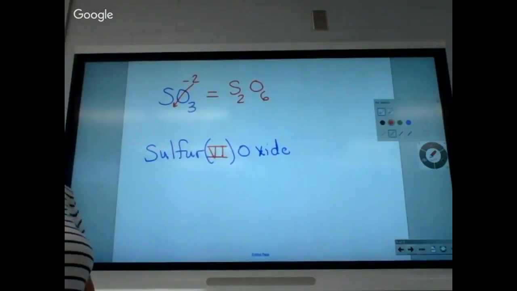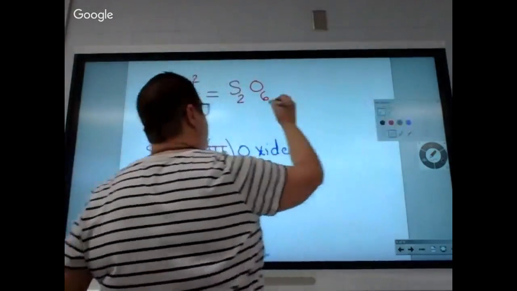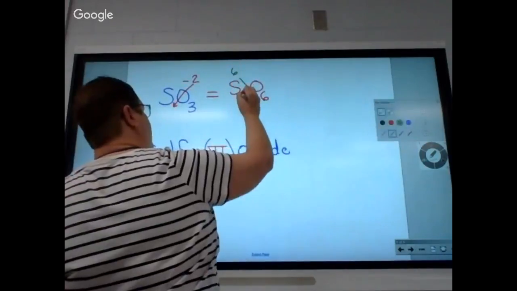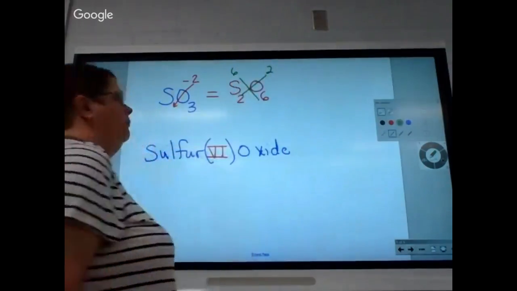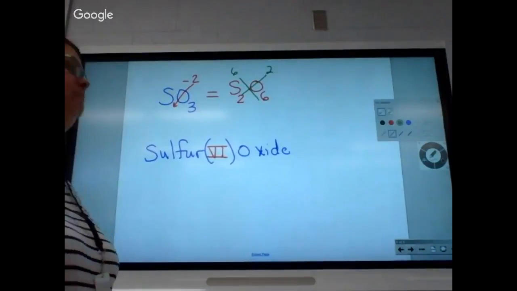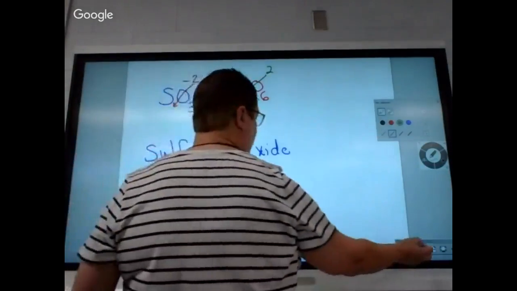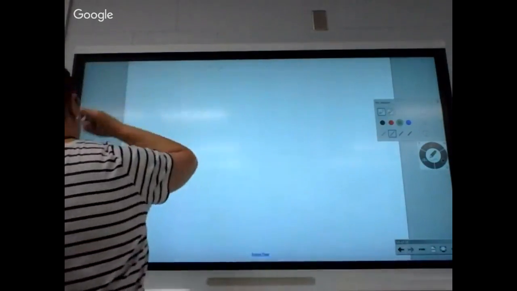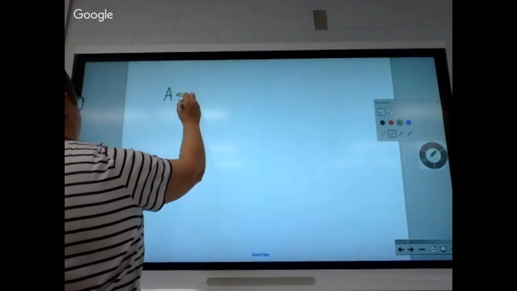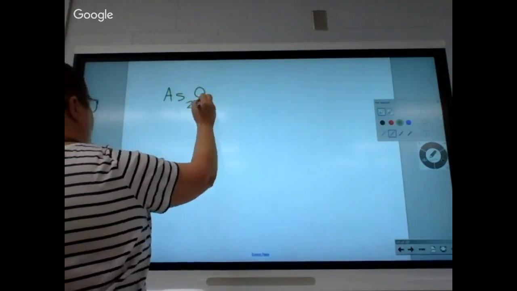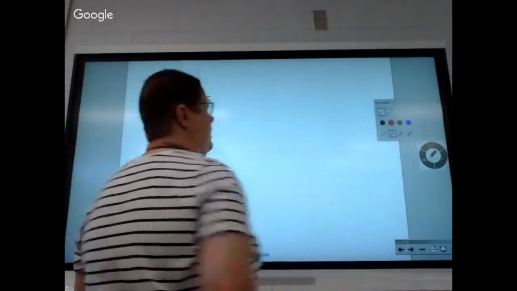So you pick the subscript of the second. You got to always check the second element. You don't do that with the first element, because they backwards crisscross, remember? So that came from up there, and that came from up there. Okay? So if I had, let's say, As2O5, and I wanted to write its name,